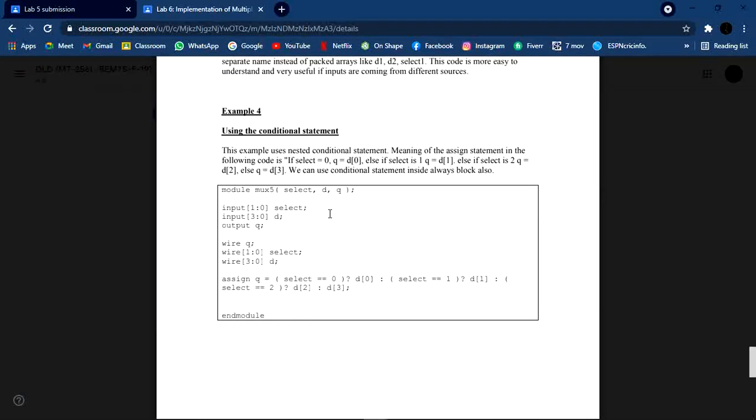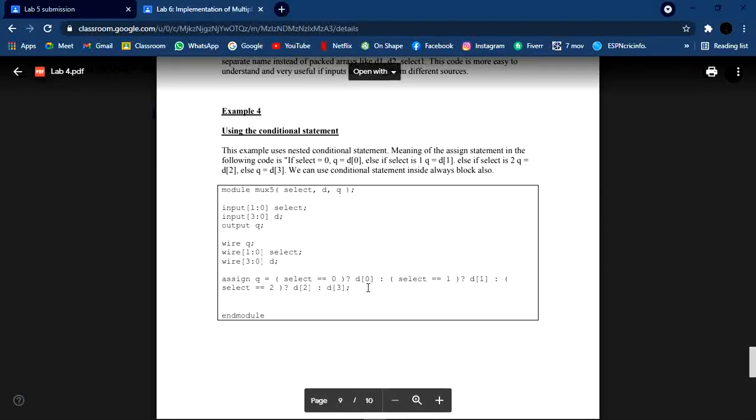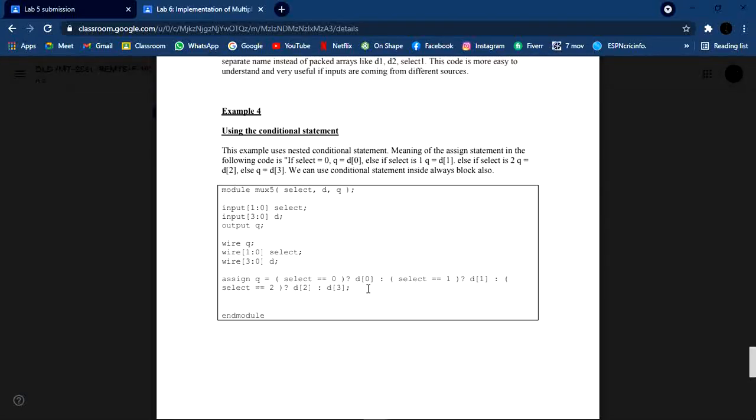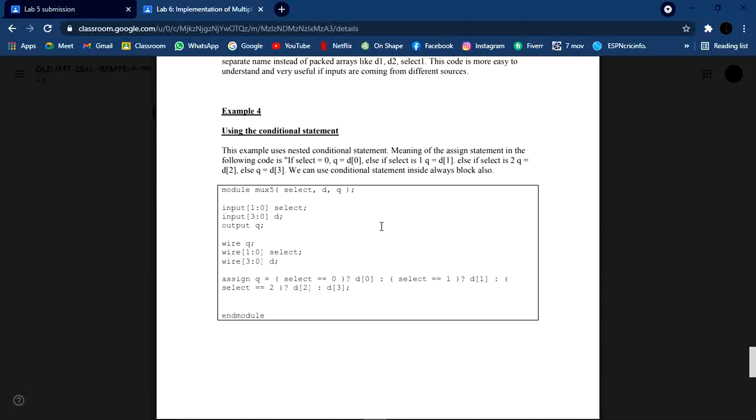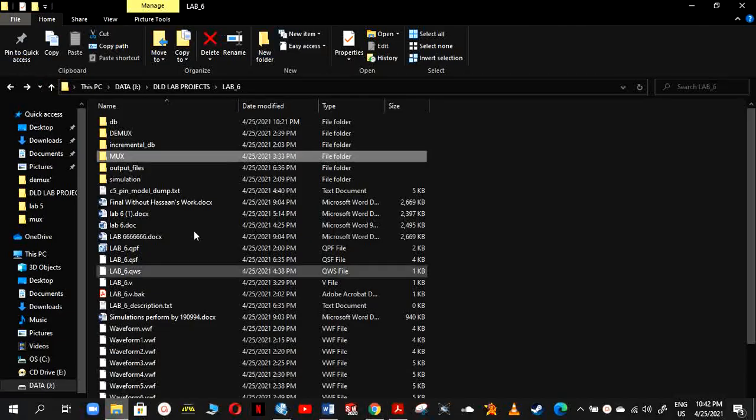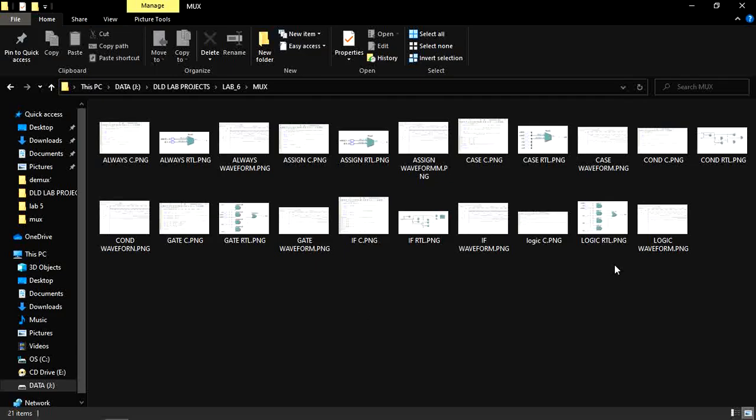At last we use the conditional statement. Here we apply conditions, just like the ternary operator in C++. These are our conditional statements. So we are going to prove it on our Cortex software. Now you can check our Cortex software and the programs, the codes which are implemented on Cortex, and after applying them we get their input and output and RTL viewer, and we get a snapshot of all these outputs, inputs, and the RTL viewer.